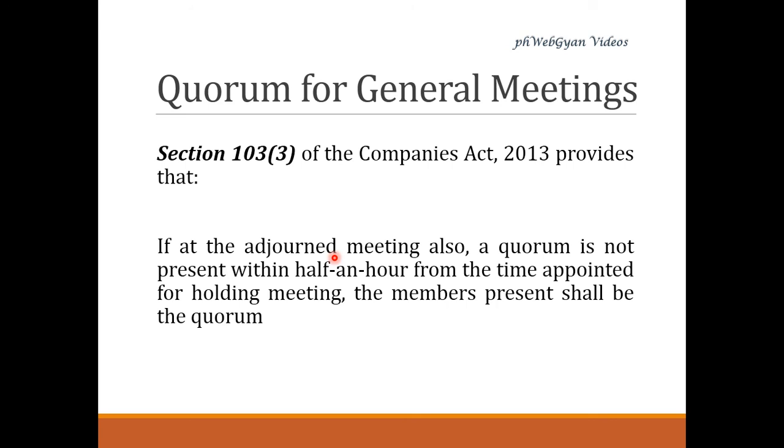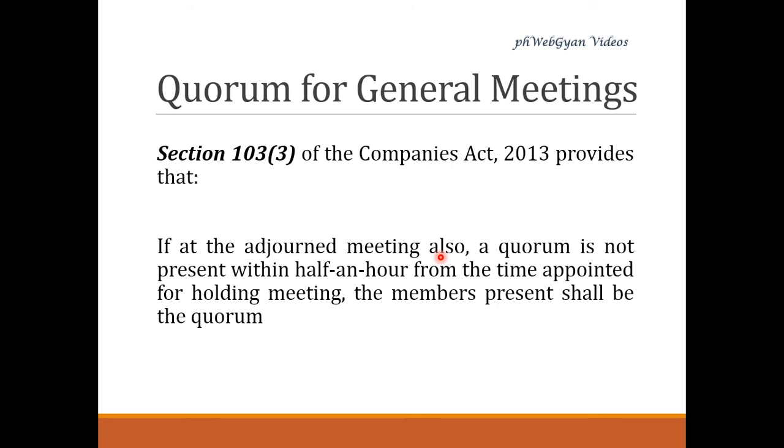Okay. So now if at an adjourned meeting the quorum is not present, what if the quorum is not present at any adjourned meeting? Then in that case, whatever the number of members present, that shall constitute the quorum. But that number of members should not be less than 2, because we know meeting means at least 2 persons should be present to convene a meeting. Okay. Now one more thing, you can see the term also. So what does also mean, or how can it be interpreted?